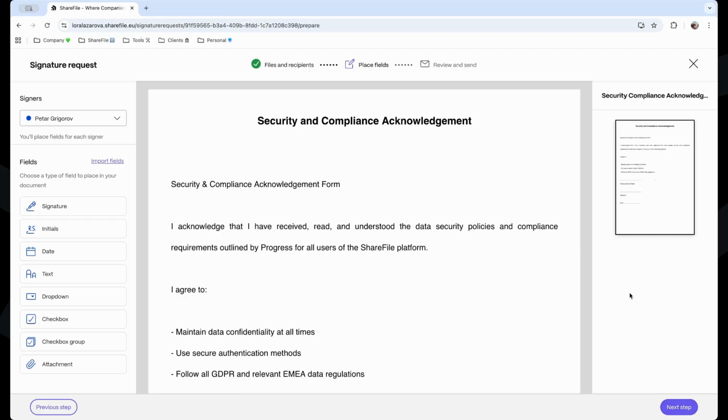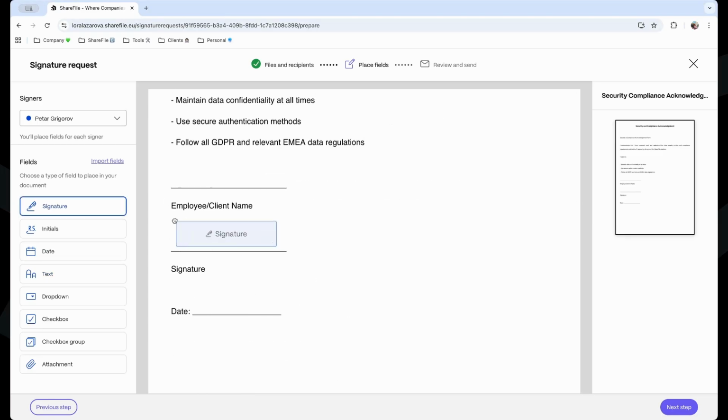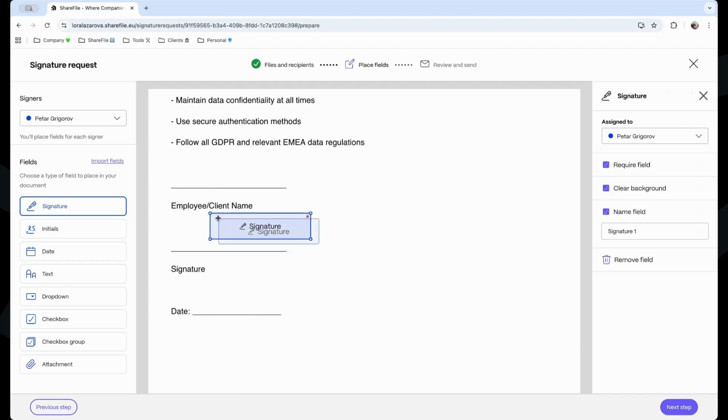Next steps. So you have the document and then you can place some fields, right? Once again, you have all of the fields here at the left. And let's say I need to, we also have a signature. I need to put the signature in here. And you can put different fields in different places. You can customize, as you can see, the name of the field. You're seeing who is assigned to, make it required. Of course, we need a signature. That's a required one. And then we have next step